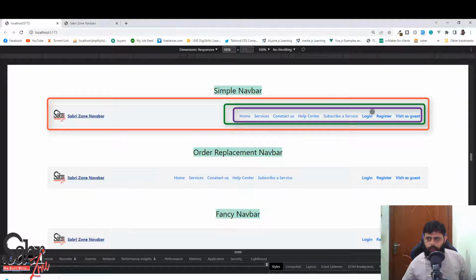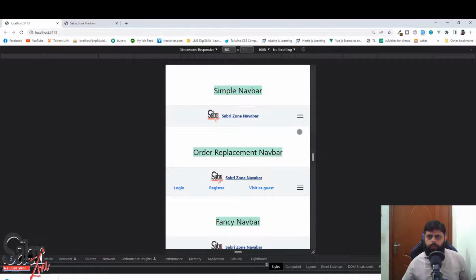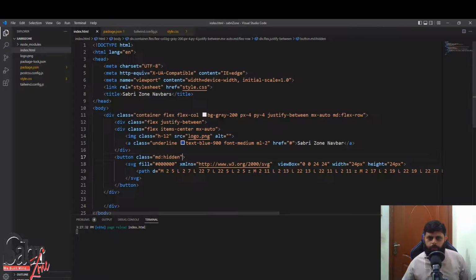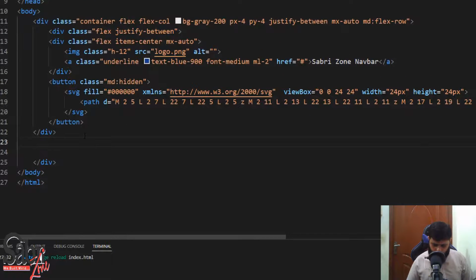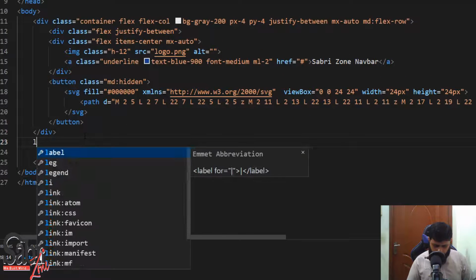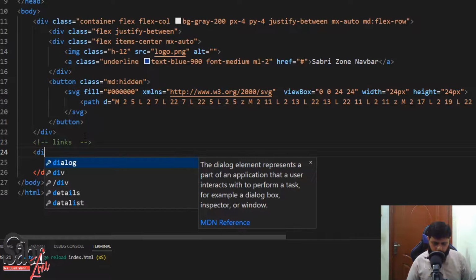So you can see that it has a div, but I think there are two divs. First div make it visible inside a computer and remove it inside a mobile view, and second div has the links. So I will create two types of divs here. So let's go down and let's make a links comment here, and if we will go down, we will create a div